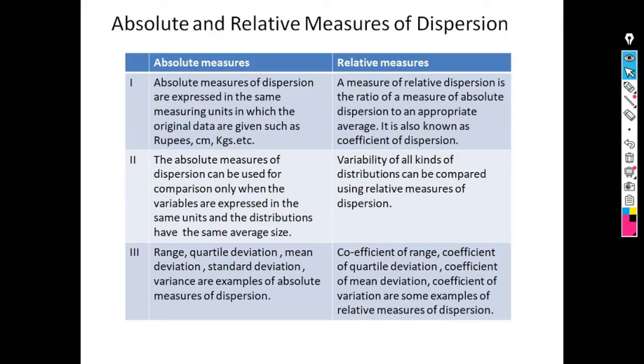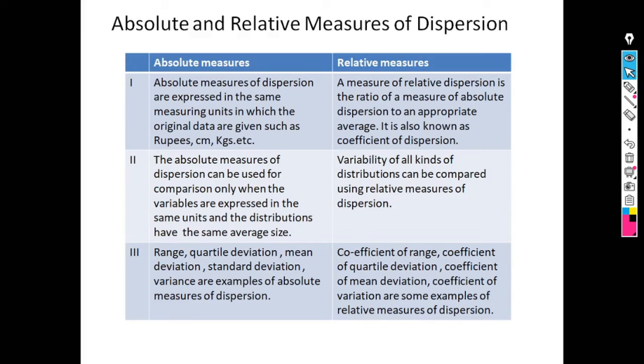Various measures of dispersion in common use are range, quartile deviation, mean square deviation and standard deviation. All these are called absolute measures of dispersion because they possess the same unit as the original data. It can be seen that these measures possess units and hence create difficulty in comparing the dispersion of two or more frequency distributions.